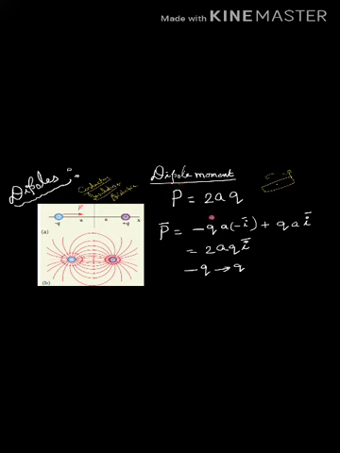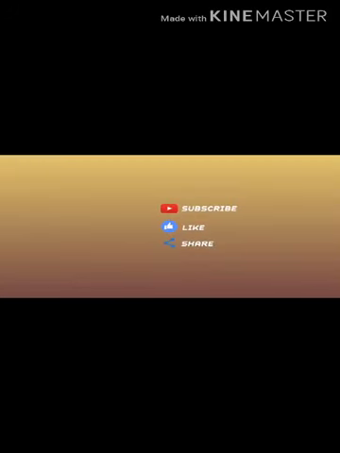Though the electric dipole moment is defined for two equal and opposite charges, it is very general. It is possible to define and calculate the electric dipole moment for a single charge, two positive charges, two negative charges, and also for more than two charges. For a collection of n point charges, the electric dipole moment is defined as follows. The electric dipole moment is mainly used in field lines.